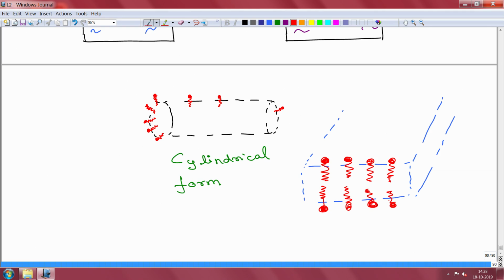Obviously, I am not drawing the other positions, but this entire thing can become a very, very large lamina. So, these are also called